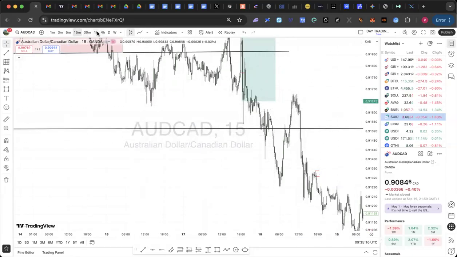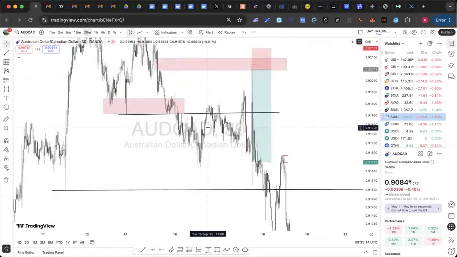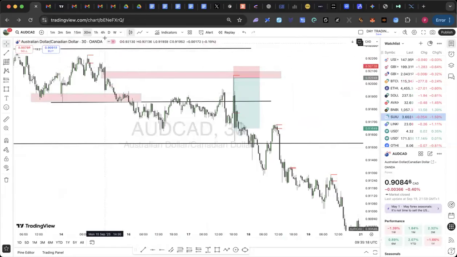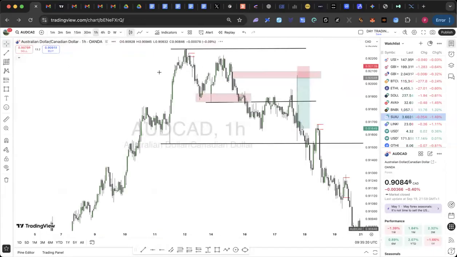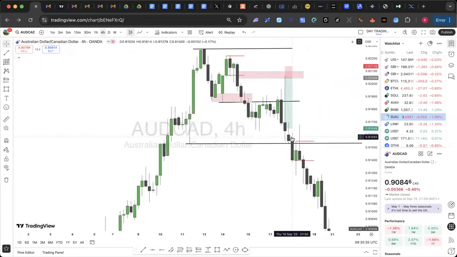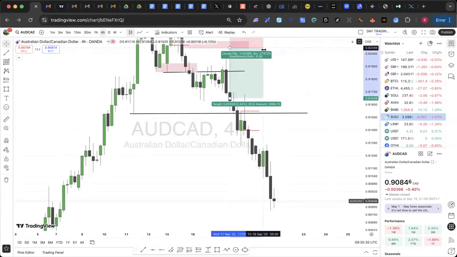So let's go back to our 4 hours. Okay, let's go progressively so that it won't squeeze us out. So when you are trading like this, you are going to be patient. You are going to wait for confirmation, and then you are going to be more profitable. Even when you have a stop loss, it won't be too painful because it will not be too obvious or bogus. So you can see here, the market has created